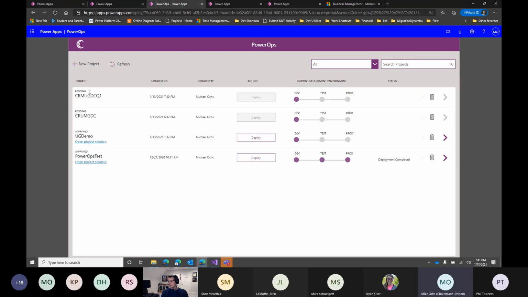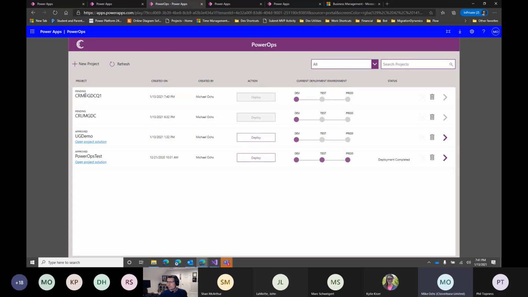Initially, that project is going to be in a pending state. There are flows that run behind this application, and this is all built in Power Apps. The idea behind Power Ops and Power Ops Plus is that your makers are working in the Power Apps environment, and rather than jumping over to GitHub or Azure DevOps to do pull requests and deployments, run pipelines and workflows, they can do it from here.